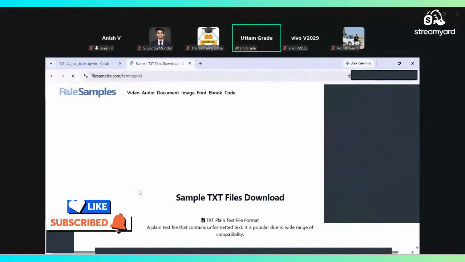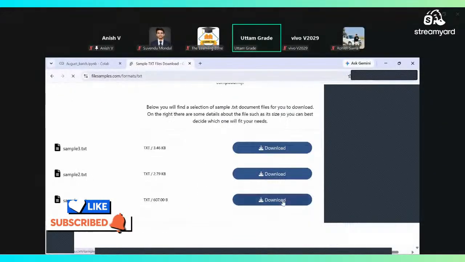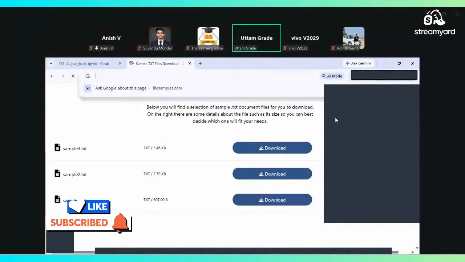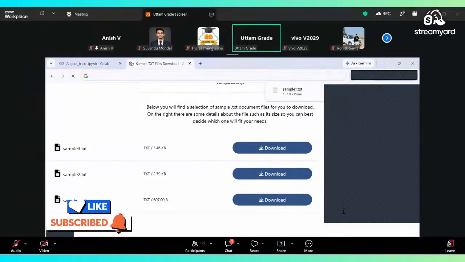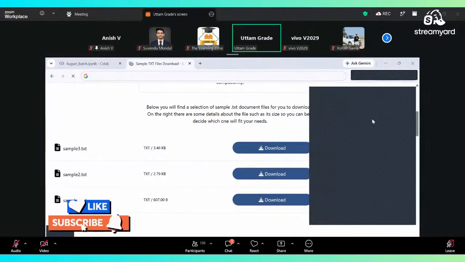Okay. Now I can look for a text file. I'll download it. So you can go to the same website and from here you can download the text file, right? Any text file you can download, or if you already have one, you can use that as well. You can create your own text file as well. It's totally up to you,